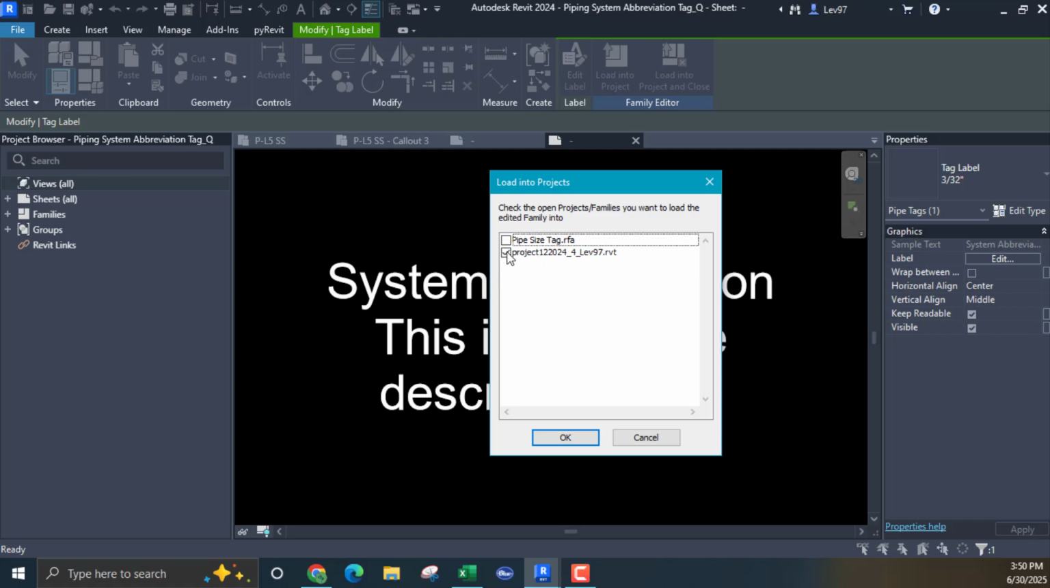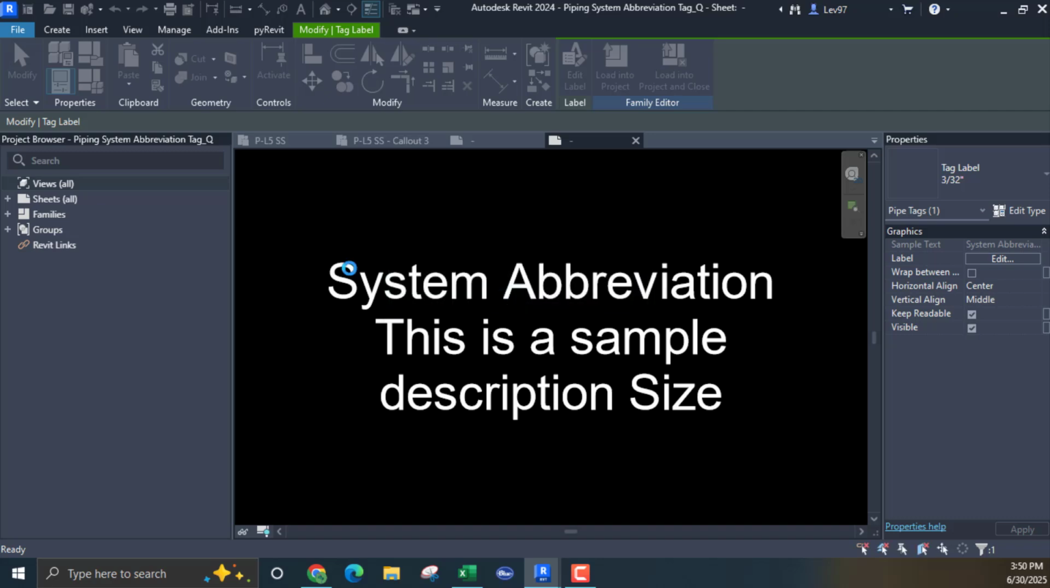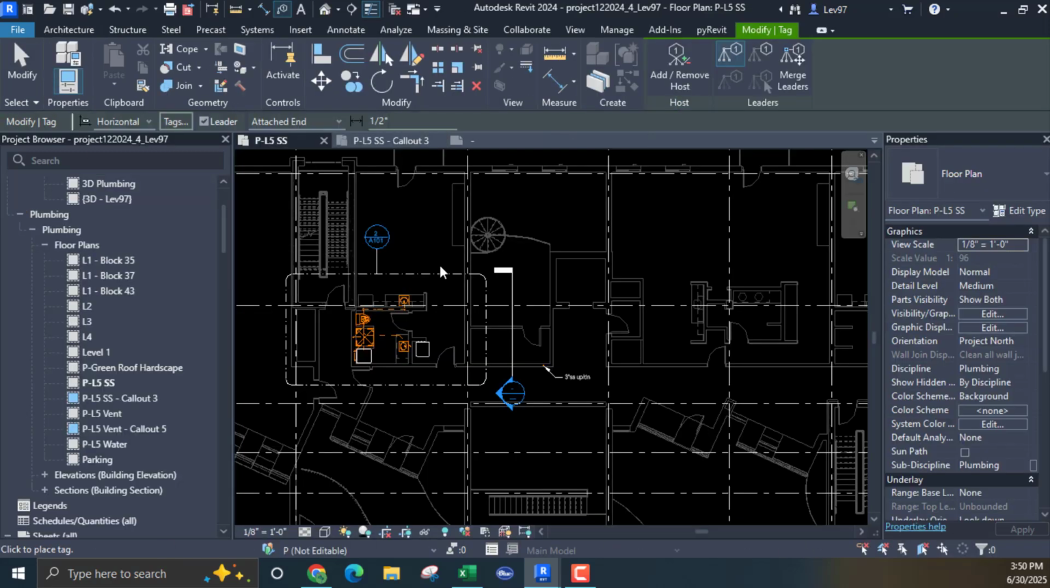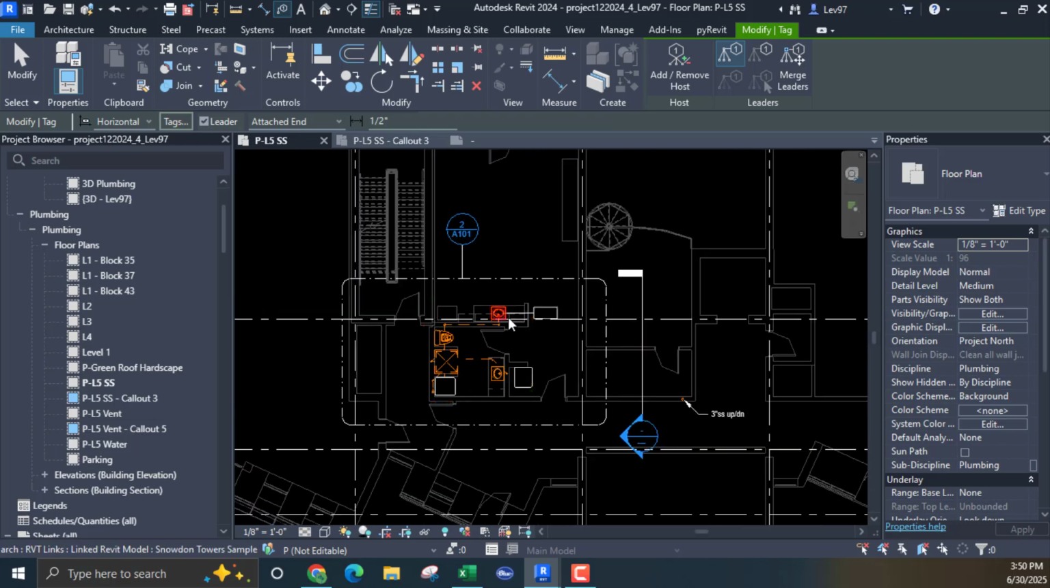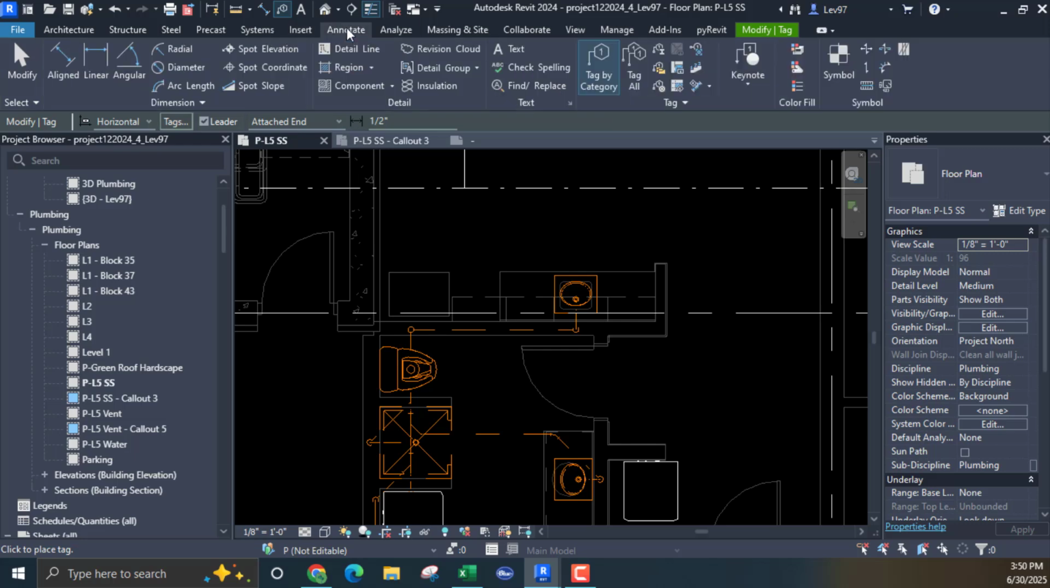So I'm going to say yes to my project, RVT. Yes. Do you want to save changes? Yes. So that's going back to the local file. Where is it? It's not on there. Yeah, okay, so what we do, let's go back. I don't know where this is going to go, but